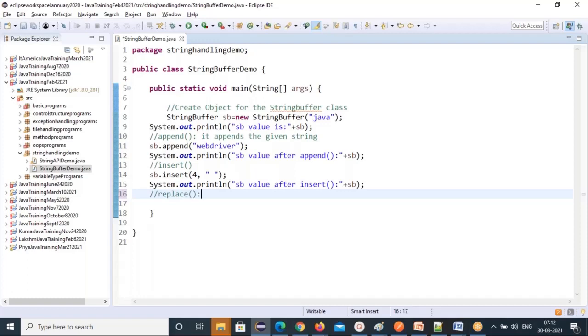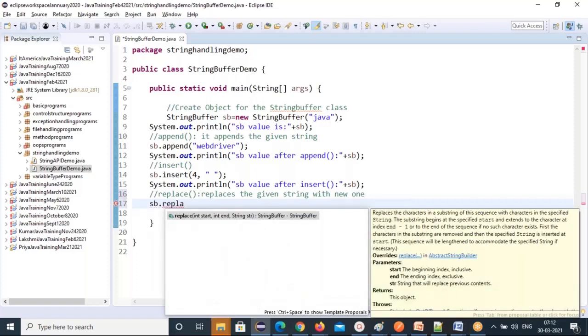Next method is replace. What it does is replace the given string with a new string. So that's replace: sb.replace. In the given range, start index and end index, whatever is in this range will be replaced.